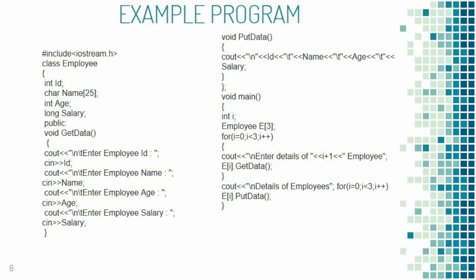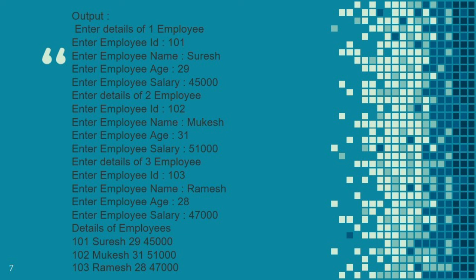for the second time and it jumps to the putData member function. For the second time the output statement will be displayed and again it returns to the for loop. i gets incremented to 2, it checks the condition, the condition is true. So the third time the putData member function is called, it jumps to the putData member function, the output statement will be displayed and again it returns to the for loop. i gets incremented to 3, 3 less than 3 is false, so it comes out of the execution. So likewise the program ends. The output of the above program is displayed like this.